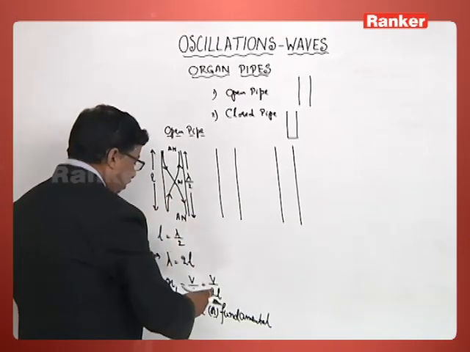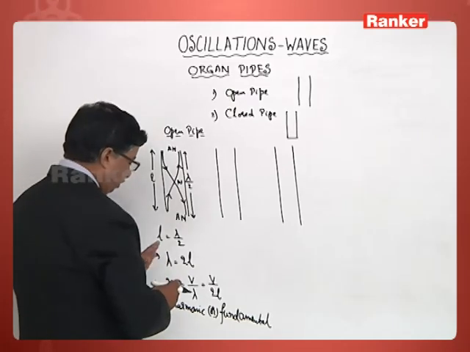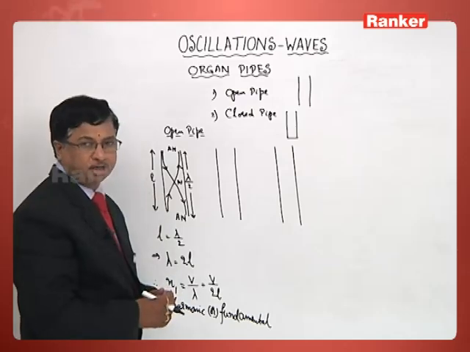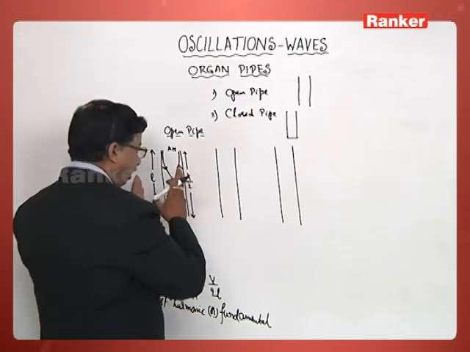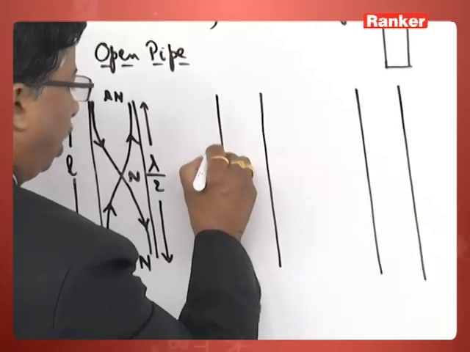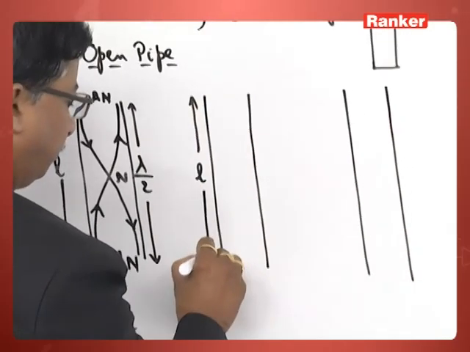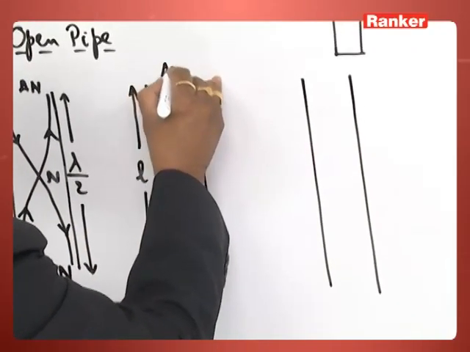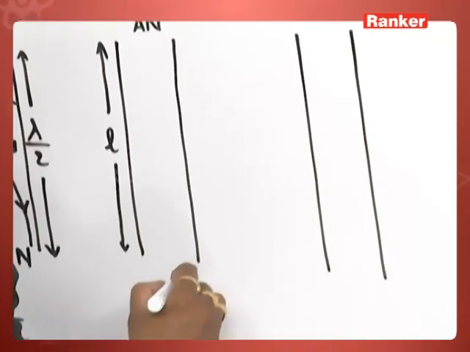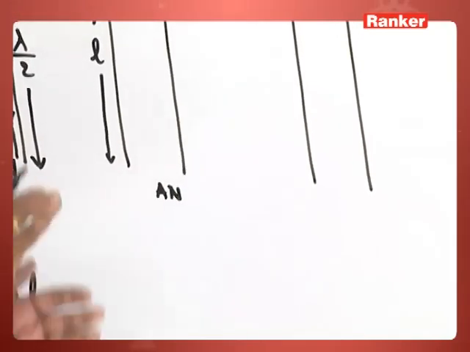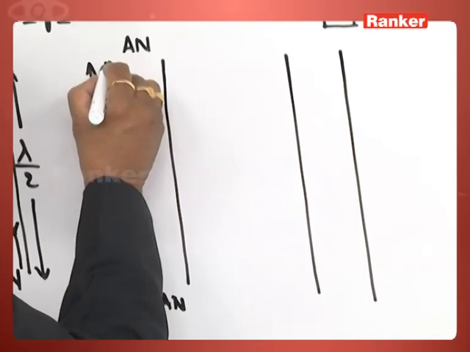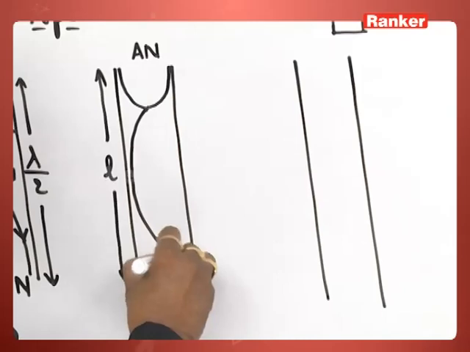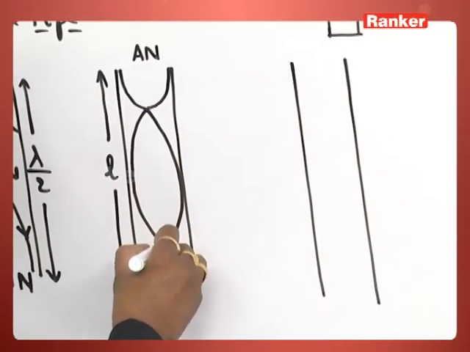So, this is actually the fundamental mode of vibration, or first harmonic, in the case of an open pipe we can take. Now, come to the same concept, the next harmonic that is possible in the same length we are considering. An antinode is a must over here, another antinode is a must over here. That is the basic. Now, when it vibrates in the next harmonic, we will be finding one complete loop formation